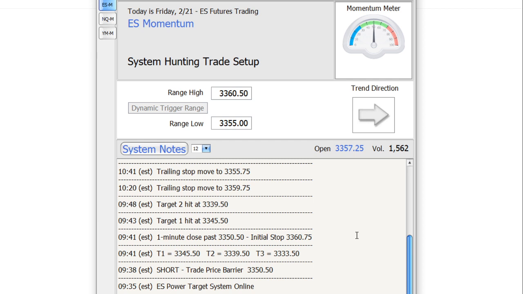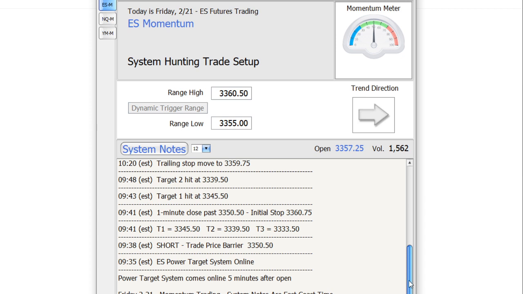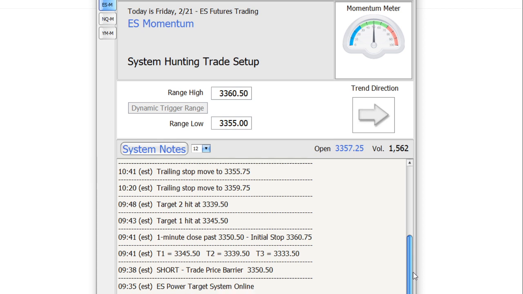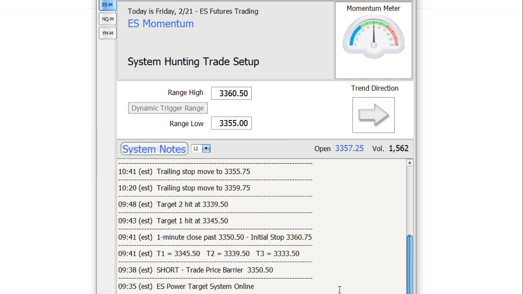Okay, so the system comes online 5 minutes after the open, right? You see that on that bottom line there. And what happened today was really interesting. The trade price barrier was 3350.50. That was the alert price to go short. And when we got the 1 minute close past the barrier, as the market started breaking down, the close of the 1 minute bar that triggered us in was